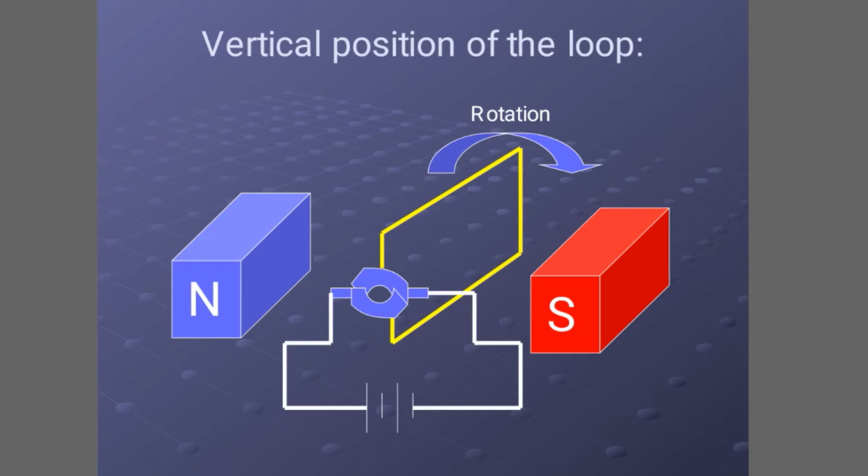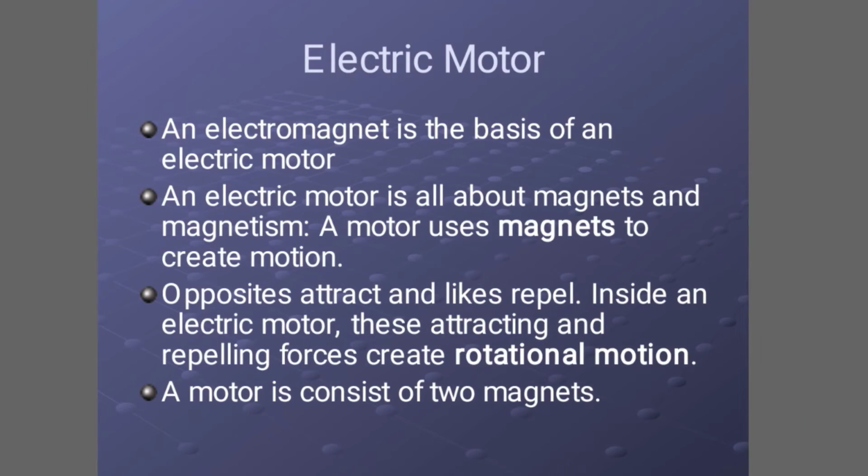The current may reverse sometimes. Then go to another slide. Electric motor, the basic electric motor. An electromagnet is the basis of an electric motor. An electric motor is all about magnets and